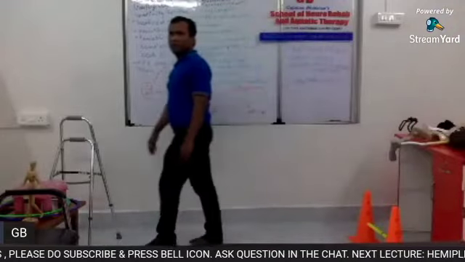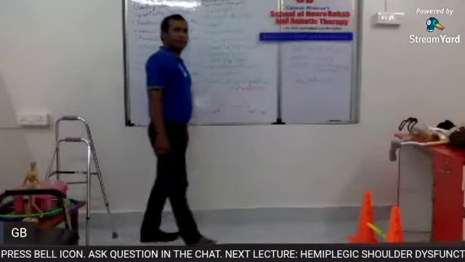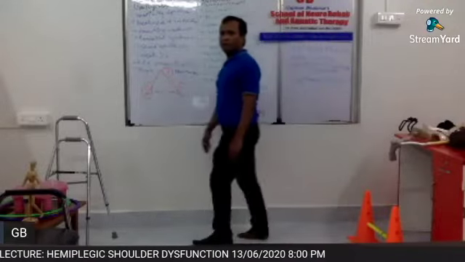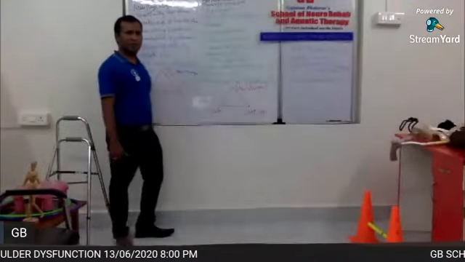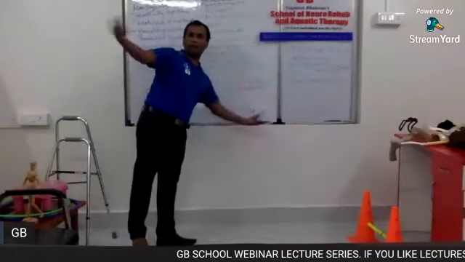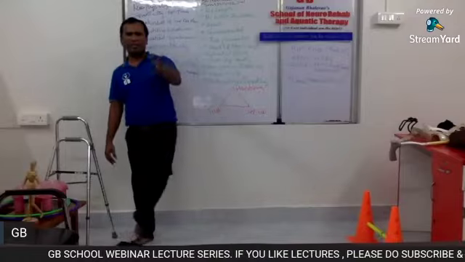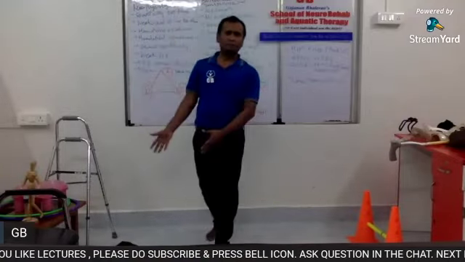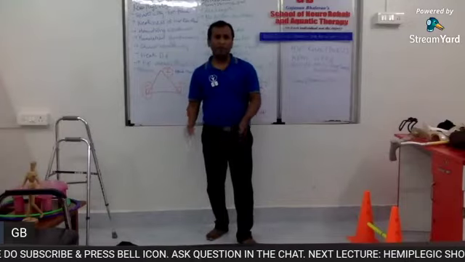When I am doing this, you can see that there is an increase in height and reduction in the height, and I am doing easy foot clearance. But there is no scope now for circumduction. Imagine I am doing shoelace and then circumduction. I will become more unstable and I may not be able to do that. So instantly, if somebody is doing too much circumduction, give a shoelace and let him walk with this.